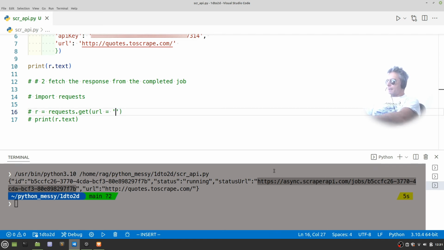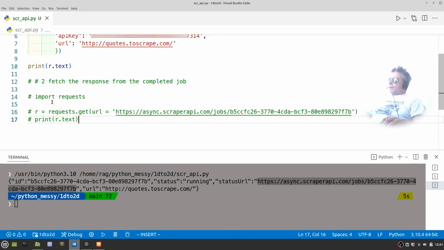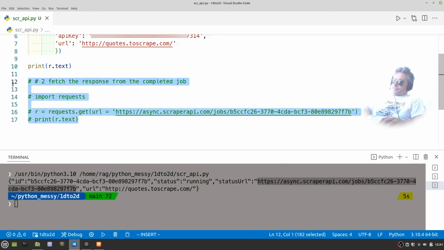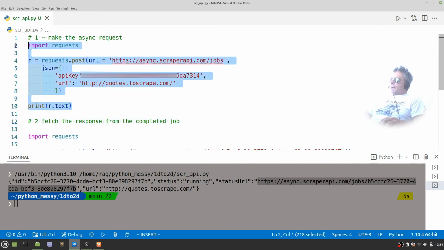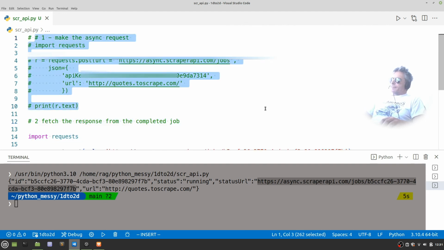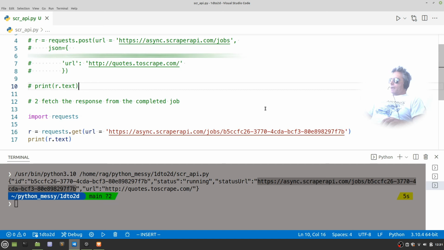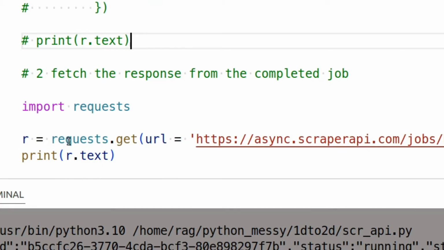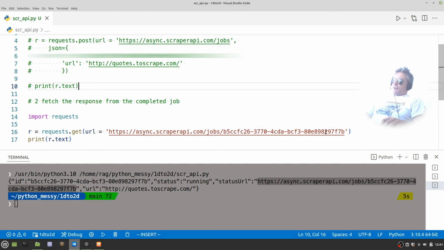So let's paste that in. And then if we uncomment all of this and comment out part 1, there we go. So import requests, r equals requests.get. So now we have that URL of the job. So if we run this,